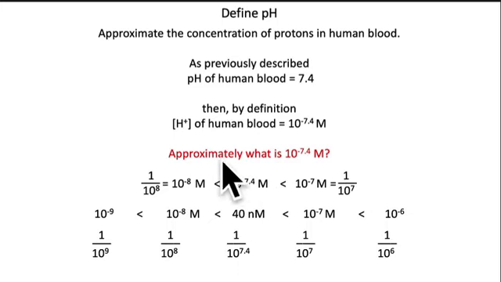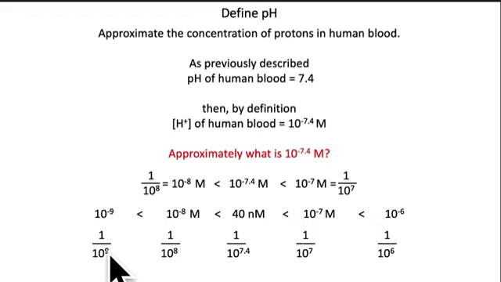And really, if I wanted to get that answer, I would plug it into a calculator, but we're not going to bother to do that. You don't need to know how to deal with these fractional exponents, but you do need to know how to work with whole number exponents because our entire numbering system is base 10, and these logarithms and exponents are all base 10. So you should be able to know that 10 to the negative 9 means 1 divided by 10